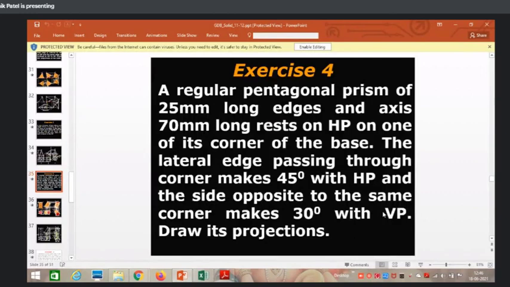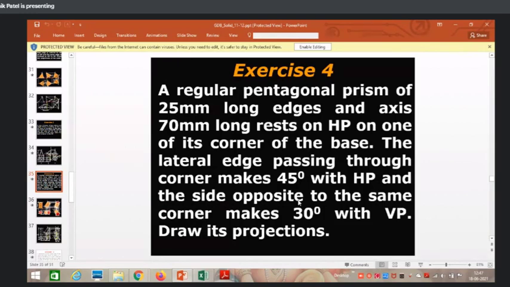These two problems you will complete in your sketchbook. Tomorrow I will ask random students to show their sketchbook. Sir, on which side is the corner edge? It's the corner on the base, so you will draw it on the right hand side. Is there any other doubt? Sir, the corner should be on the right side? Corner on the right side, okay?